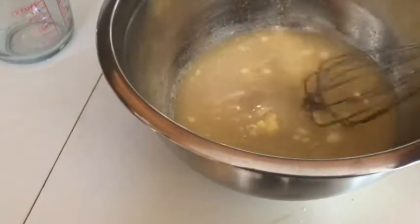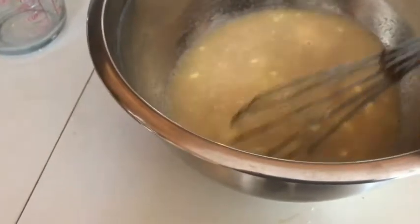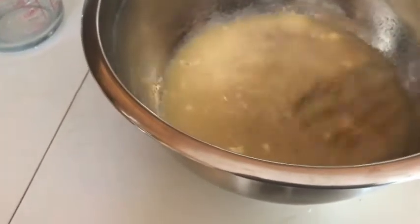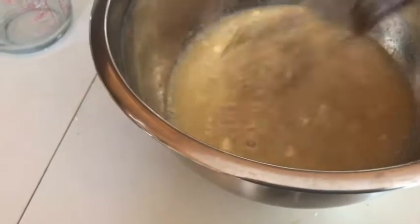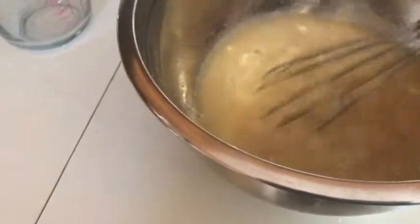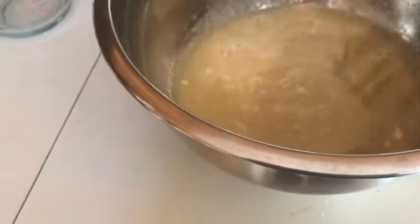And I know what goes in this. Mine doesn't have a bunch of preservatives to extend the shelf life. Of course, I have to store it in the refrigerator because it does mold pretty quickly. It doesn't last all that long here. Anyway, I've got it all,